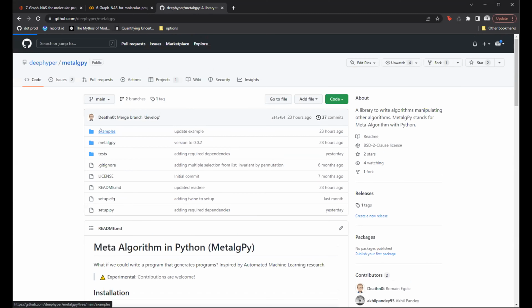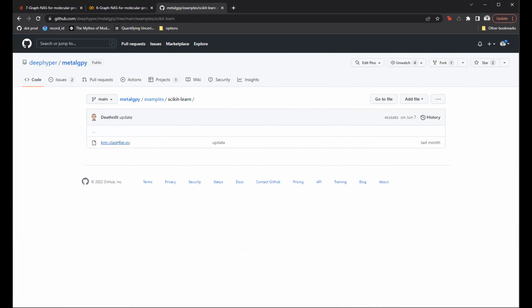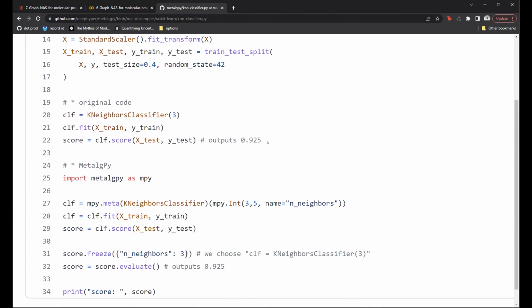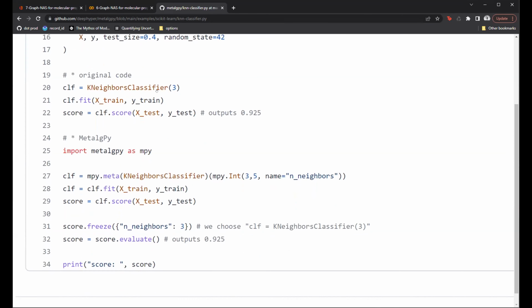Yes, one second. So if you can see, the original code was created using scikit-learn's classifier with a specific number of neighbors. It gave the output of a specific metric. And once you have symbolized the said classifier and given a variable choice for the number of neighbors, if you use the same value that you've used before, it will still give you the same metric.